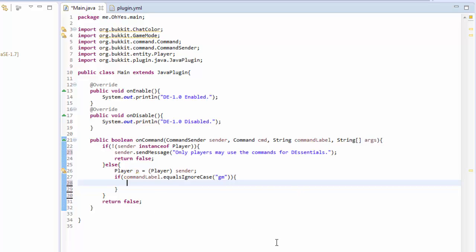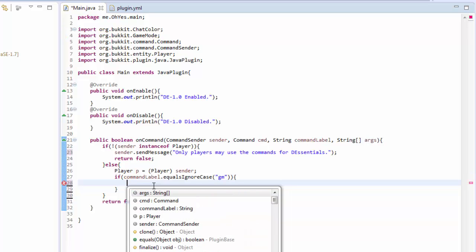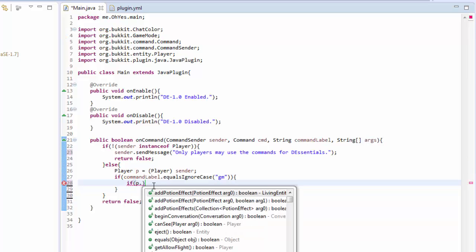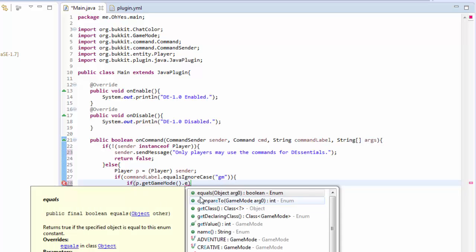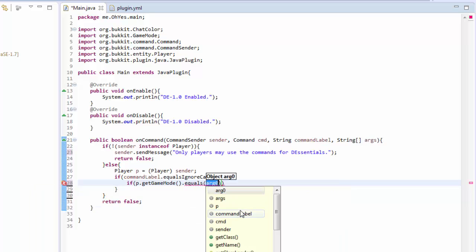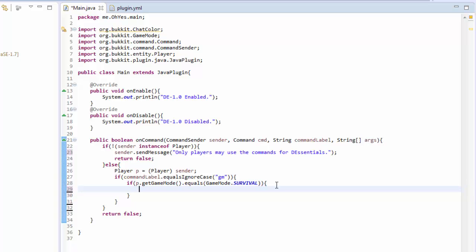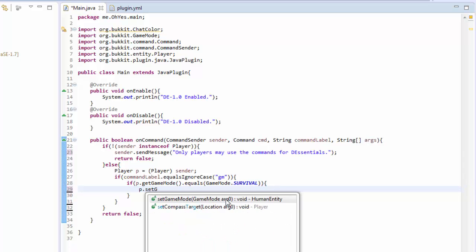Anyway, but we're not going to do that today. So if the command is gm, then what we will do is p.getGameMode, and you can either do equals equals or .equals. I personally like to do equals equals, but apparently .equals is easier. So if their game mode equals GameMode.SURVIVAL,